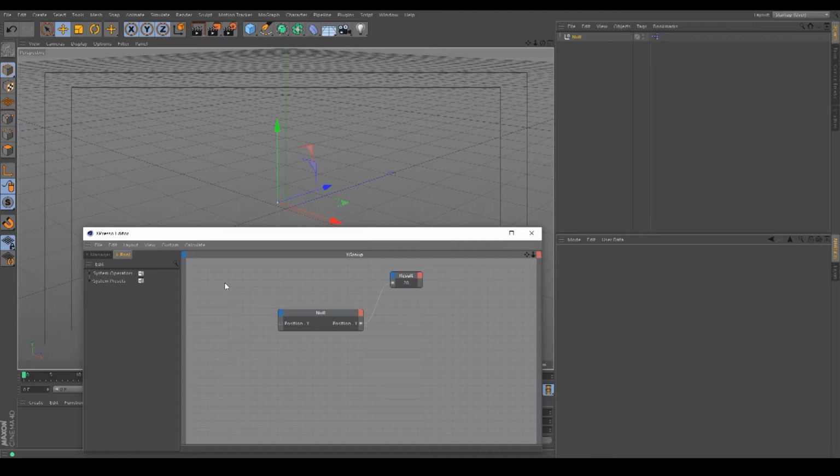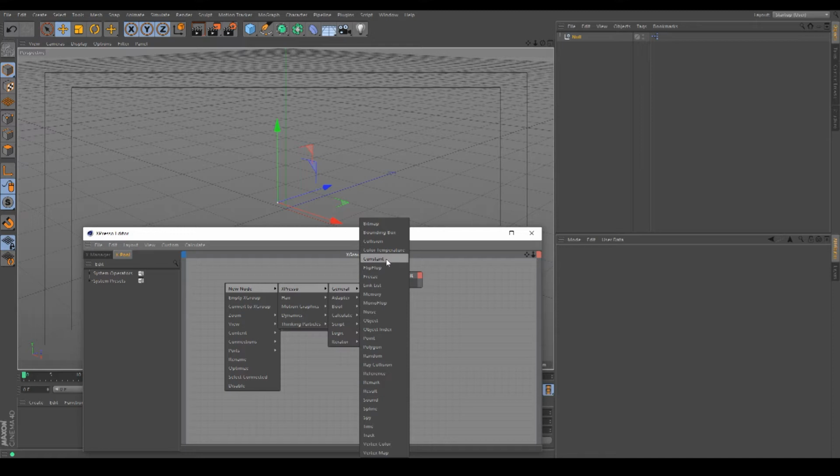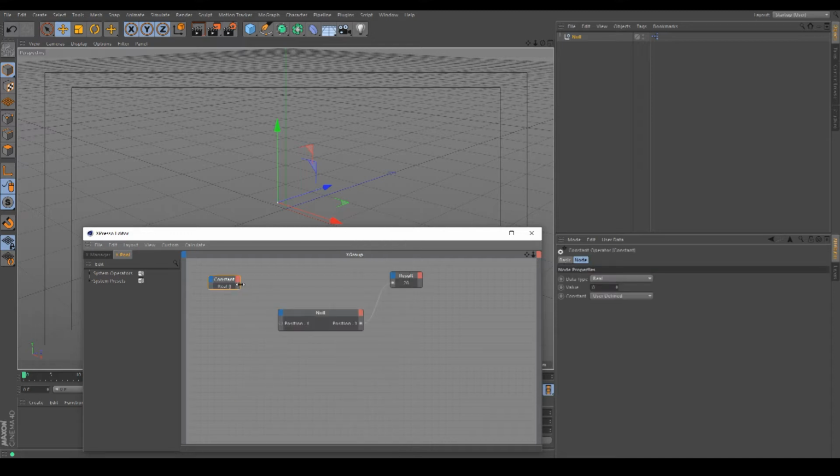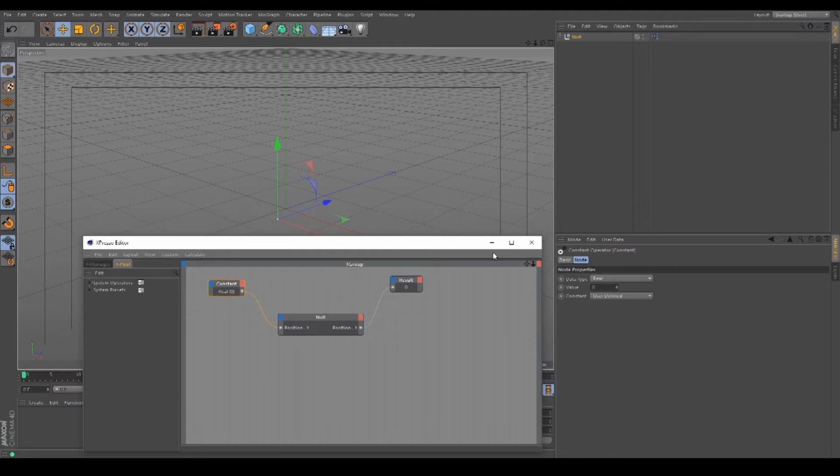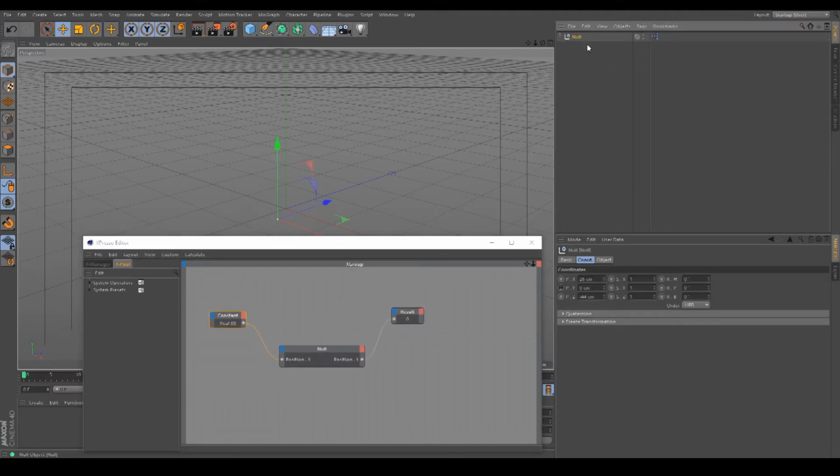So I can just right click, go to new node, XPresso, general again, and then constant. And there I can enter random values as I want. First I have to draw the connection here, and maybe you've seen it, the null object jumped down to the bottom because the default value of my constant is 0. And so I'm now already writing this value, and I can check that here and look into the attributes manager